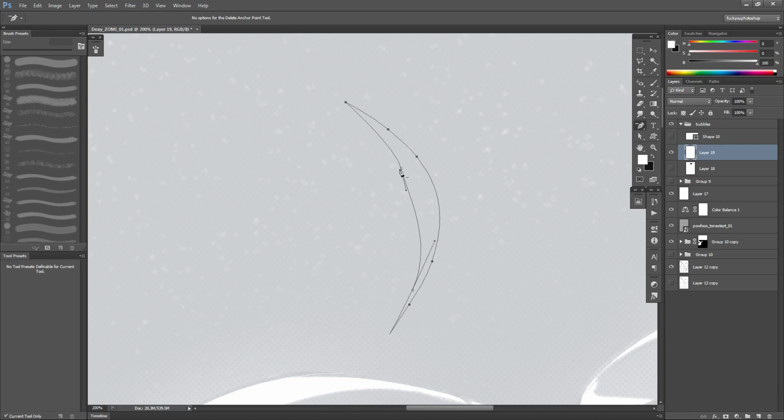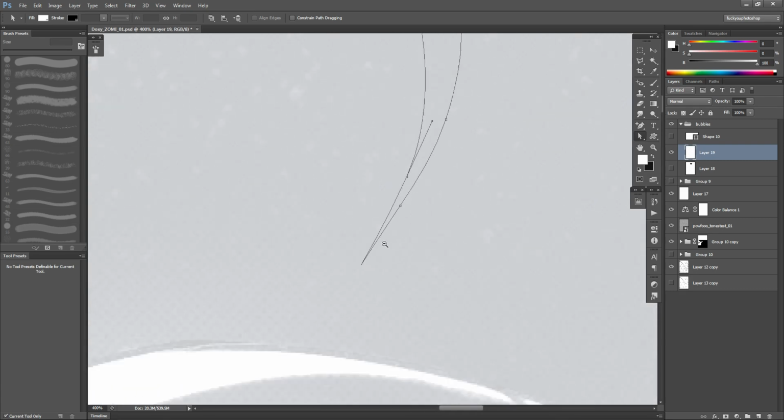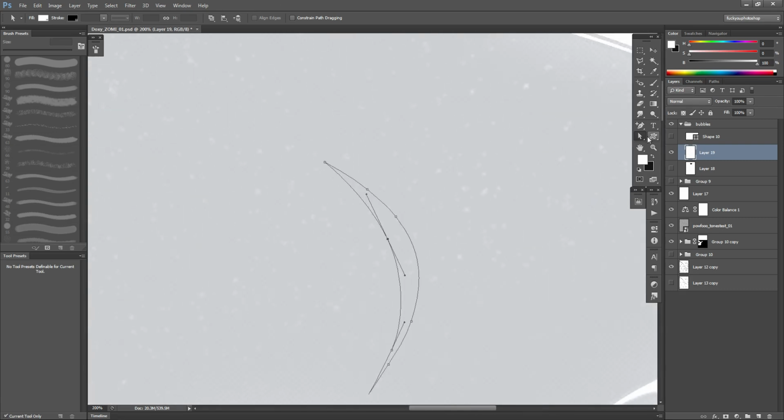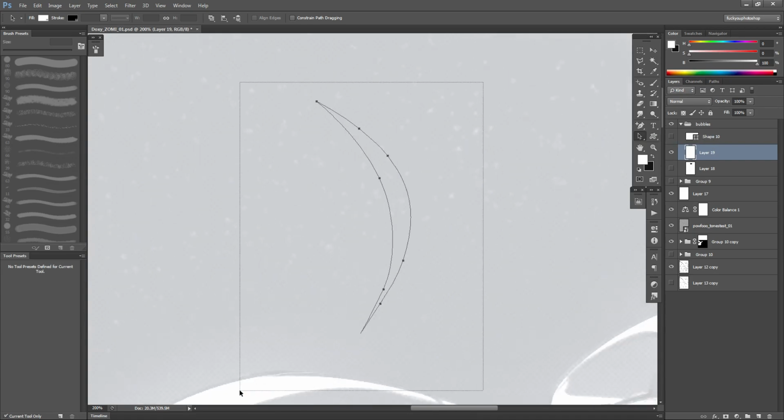Alright, so all this to say that now we've got this thing going. It's not perfect, but you get the idea. If you want to continue messing around with this on your own time, then you may do that and get it a little nicer. But I don't particularly like using this program's vector tools, so I try to get in and out as quickly as possible. Let's see what we got here. Okay, it looks good. So we're going to grab everything by grabbing the black tool here. As long as you can select it, it'll do it. So now we go to